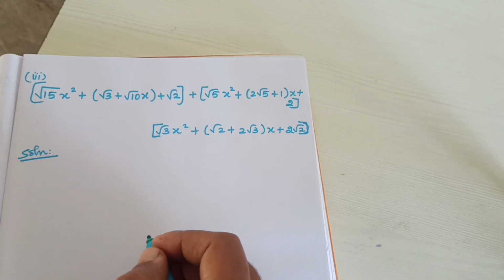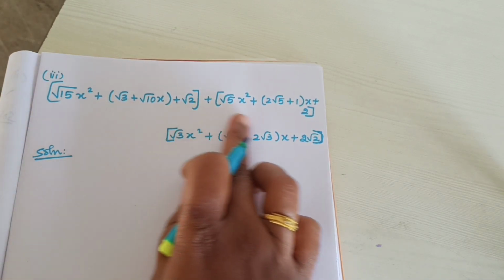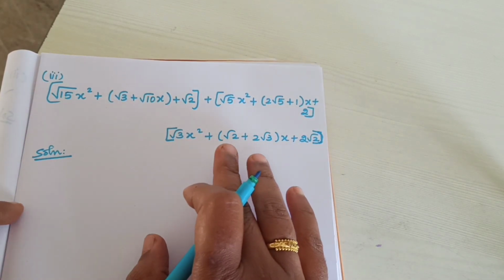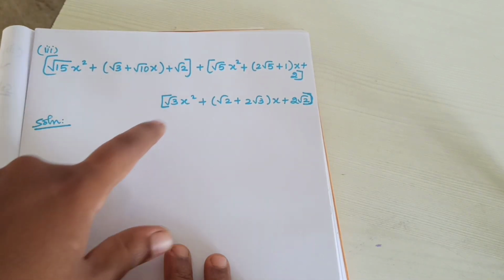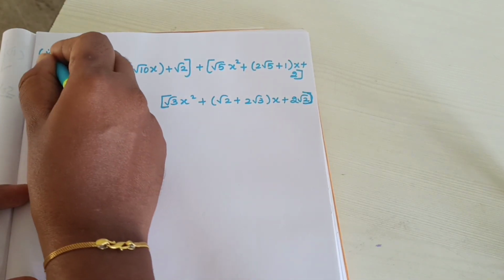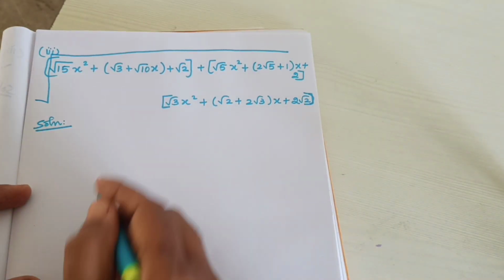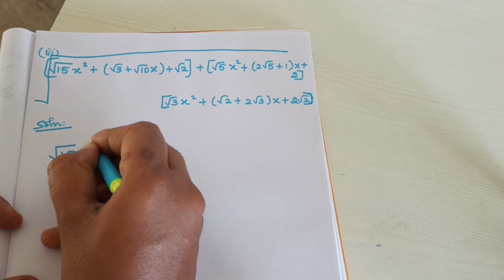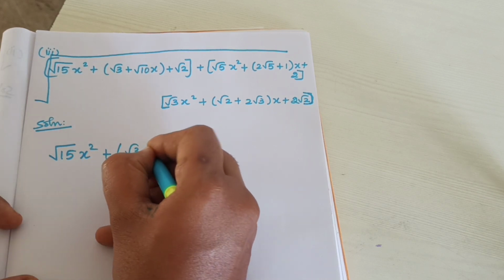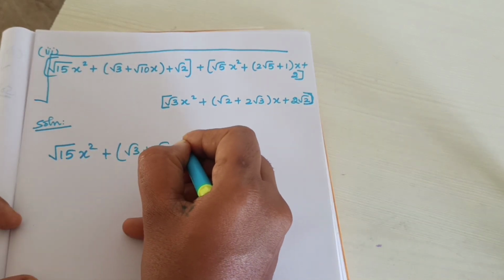Got it? Okay, see the third subdivision. While seeing the question, don't confuse, it's a little bit easy only. Okay, listen. First term, term by term we are going to do. The question is we need to find the square root of. Okay, first term by term. First term is √15 x² + √3 + √10 x